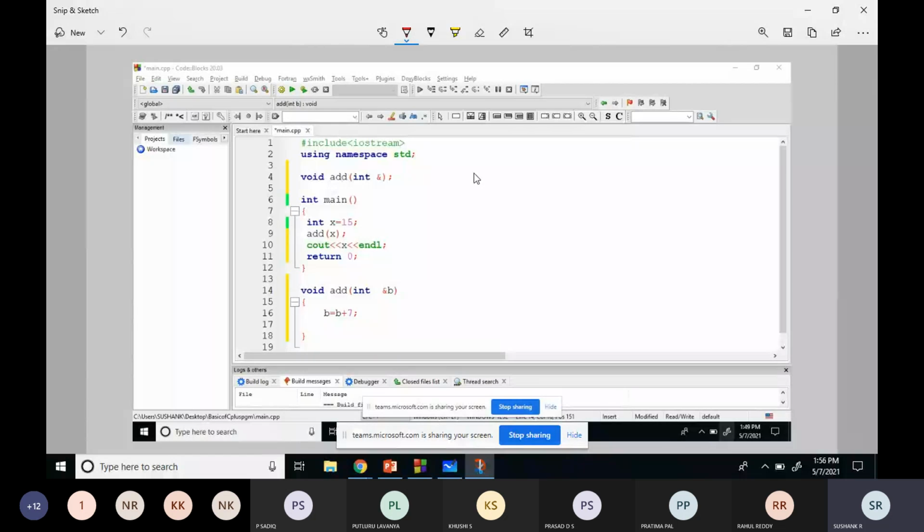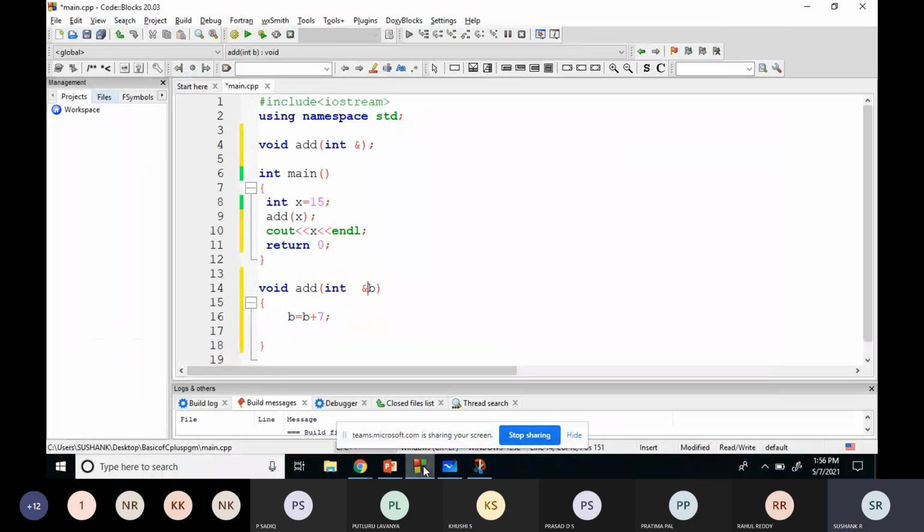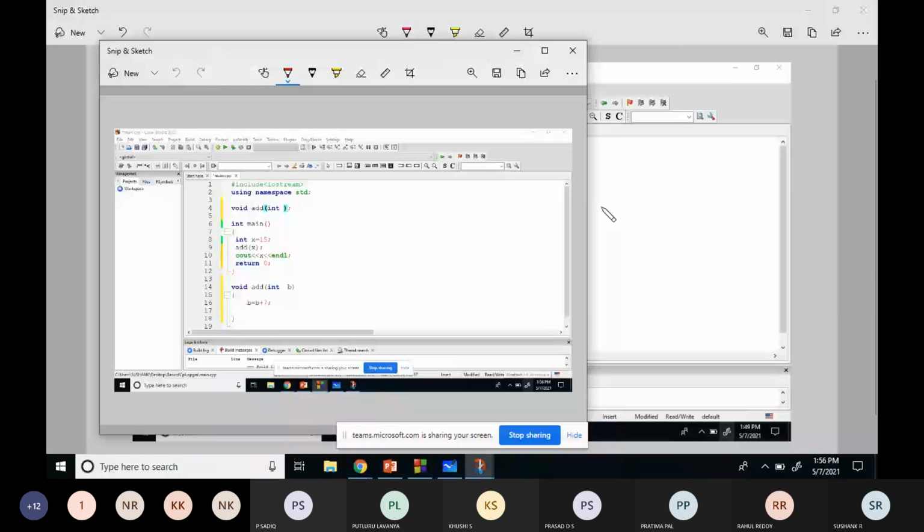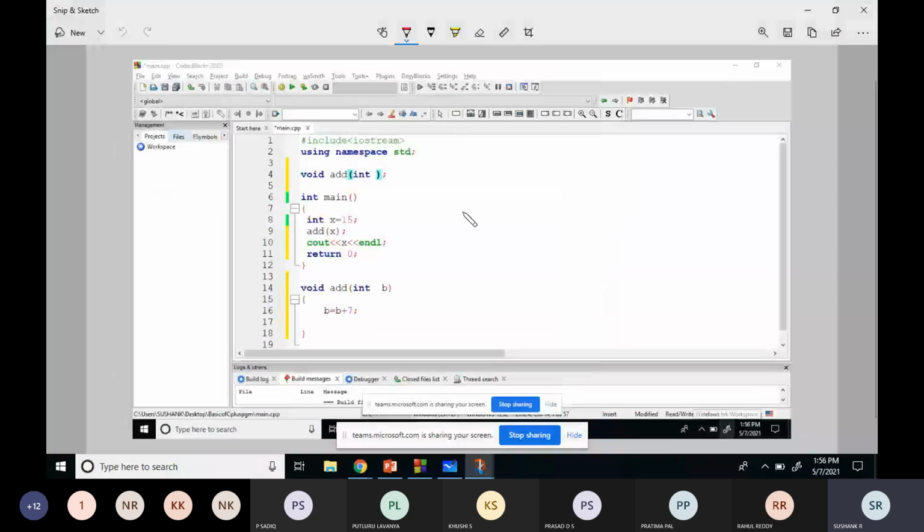So as of now, one example I will give. I'll just simplify this. I'll remove this. Okay, I'll take a snap of this and I'll explain now. So now how will it get executed? You know that here there is a function called add, the definition, and an integer. So this function add is expecting one variable of type integer.